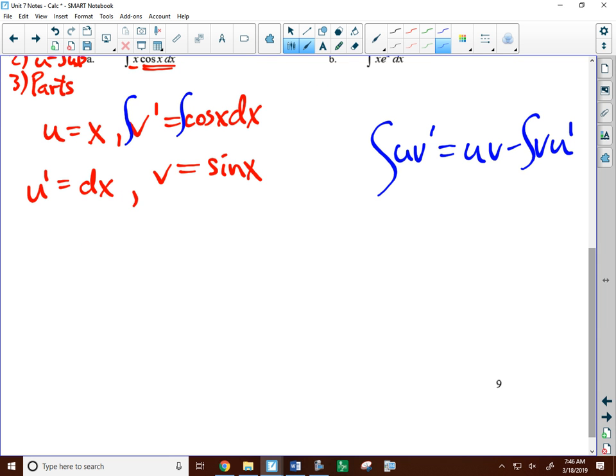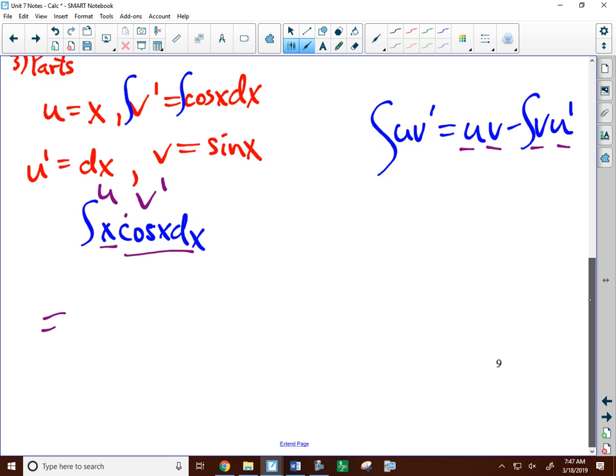So this is my u in the formula, and this is my v prime, and it will equal uv. So u is x, and v is sine x. I just plugged in these two, u and v,